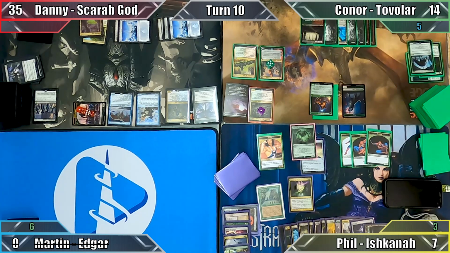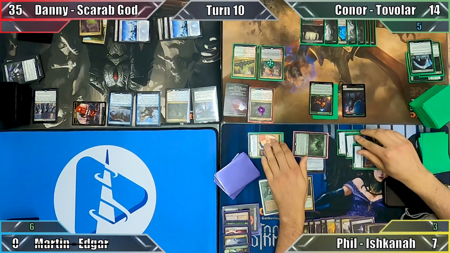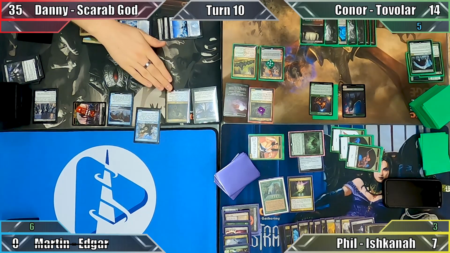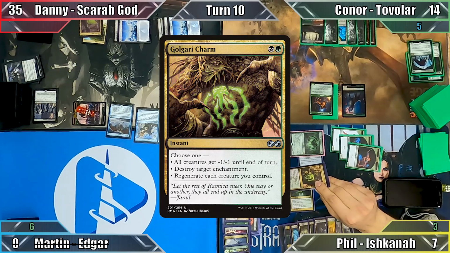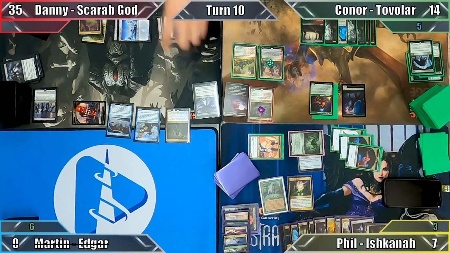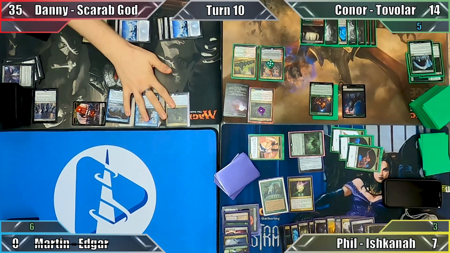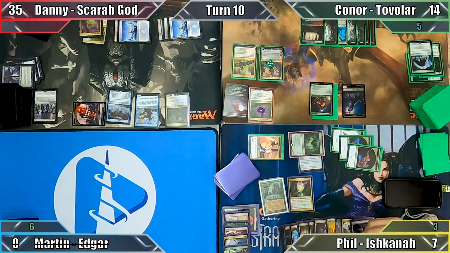his equipment. Moving to combat, Phil attacks Danny with all of his creatures. Danny blocks the wolf with his Skylord and 2 spiders with the Scarab God and his Scab. Before damage, Phil casts Golgari Charm, destroying Dictator Erebos and causing Danny to let out a cry of despair. Danny's 2 blocking zombies are destroyed alongside one of Phil's spiders, and Danny takes 14 damage from unblocked and trampling